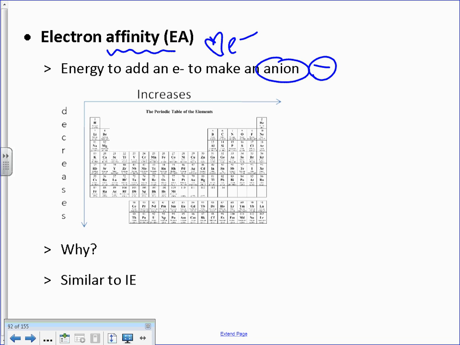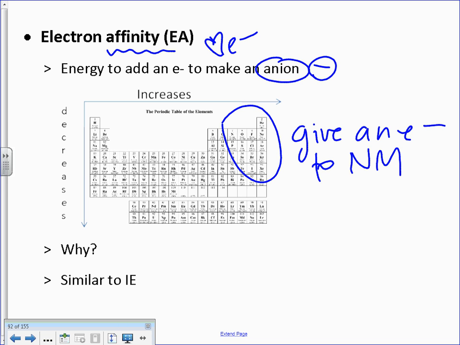So this one's similar. Whenever you give an electron to a nonmetal, do they want that electron or do they not want it? You tell me, because remember the nonmetals are kind of over here. Do they want it? Yes or no? Yeah, they're like, yes, please give me the electron, because that means I get an octet, remember? Because they're going to gain an extra electron to look like a noble gas. So giving an electron to a nonmetal